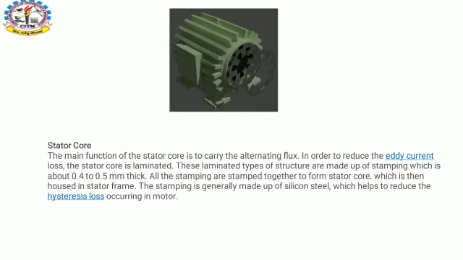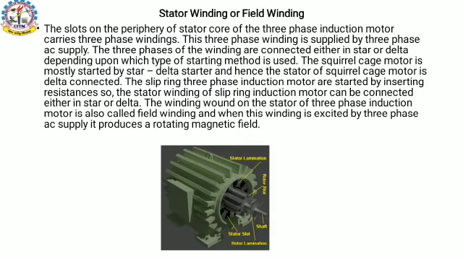This is called a stator core. There is a winding situated, a stator winding or field winding, as you see in the figure: stator lamination, rotor and stator. I'm also describing that. In a single phase induction motor, the winding is on the stationary part, and the rotary part is free to rotate, but in the case of a three phase induction motor, the winding is on the rotary part, and the stationary part is not the support of the winding, and there is a very big difference between these two motors, single phase and three phase,